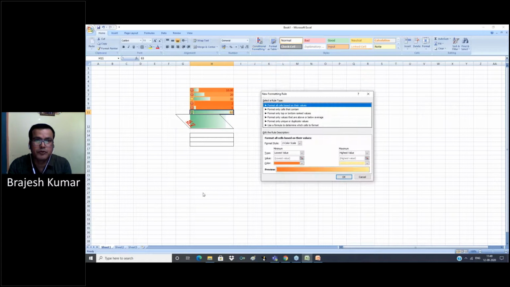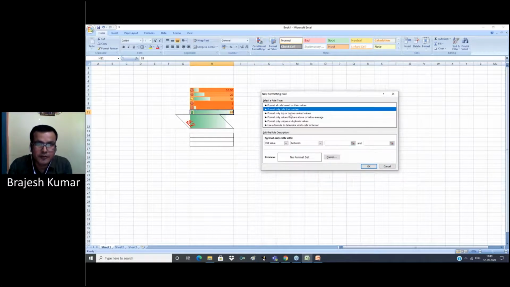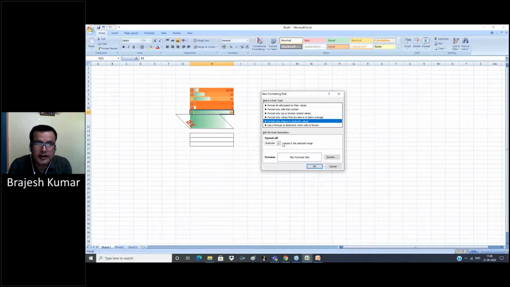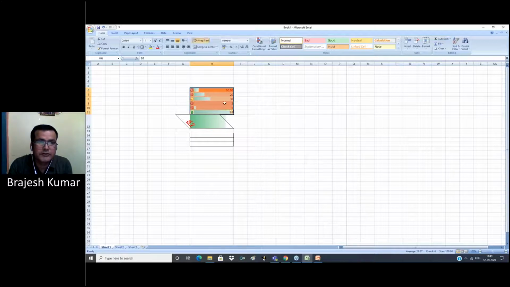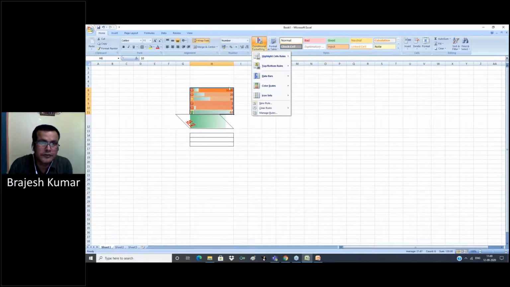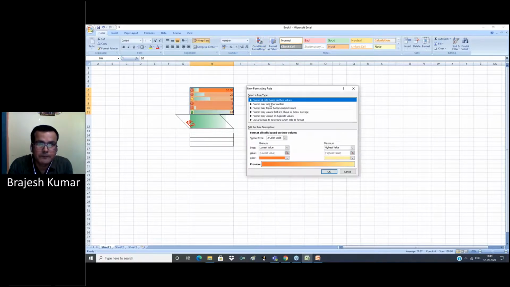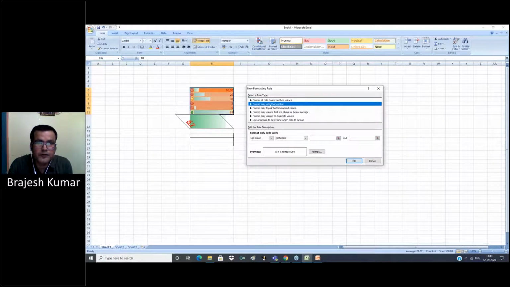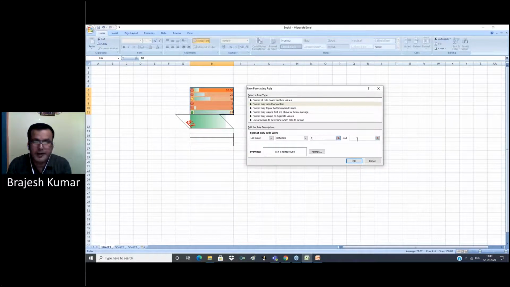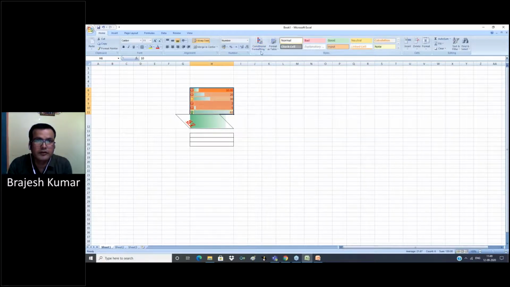Same for new rule. In a new rule you can select anything from here, and duplicate or unique. Okay, no number is unique, so this doesn't apply. No duplicate number in this, so this rule doesn't apply. Format only cells that contain a cell value between 5 and 10.